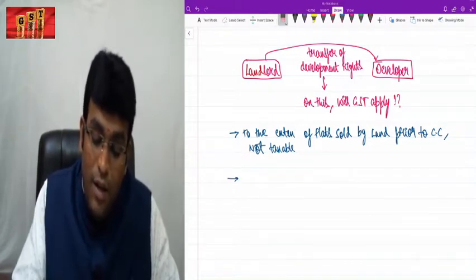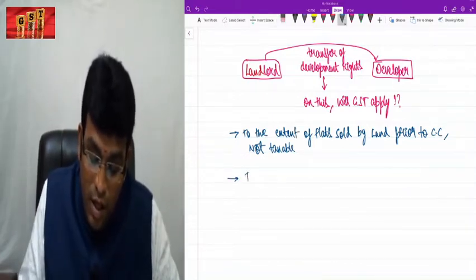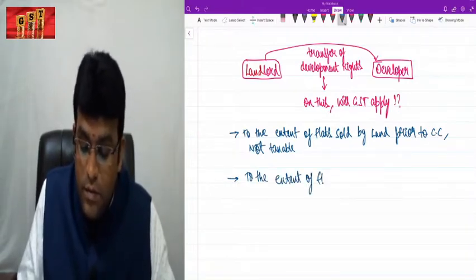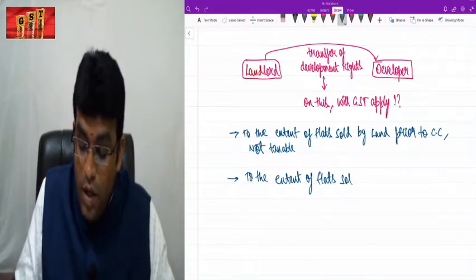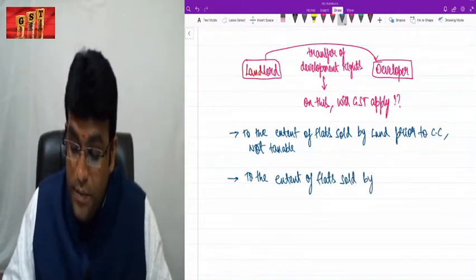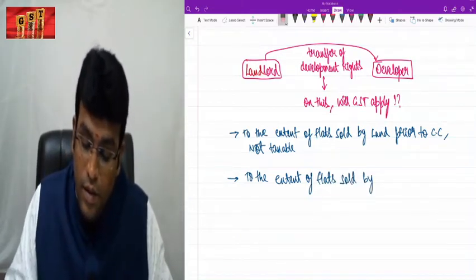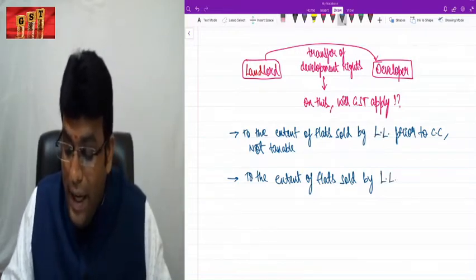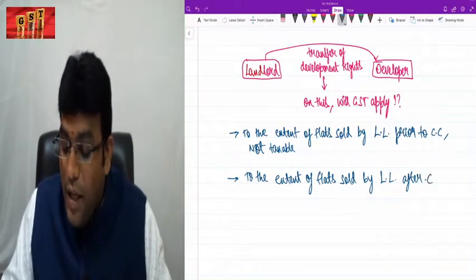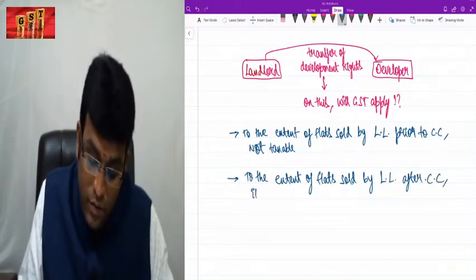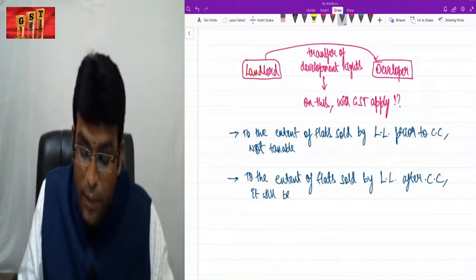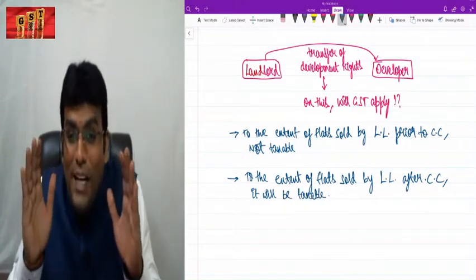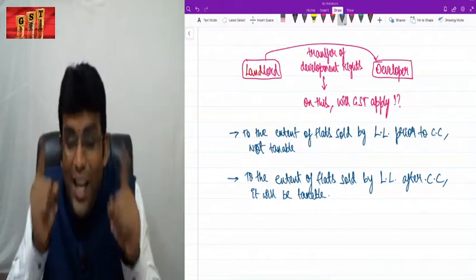Other line, very clearly listen, my dear friends, to the extent of flats sold, to the extent of flats sold by landlord after completion certificate, it will be taxable. In other words, my dear friends, in simple language I'll tell you, listen very clearly, concentrate, my dear